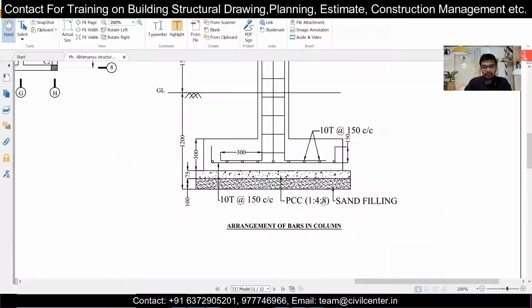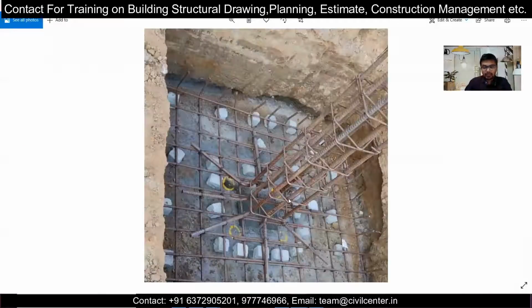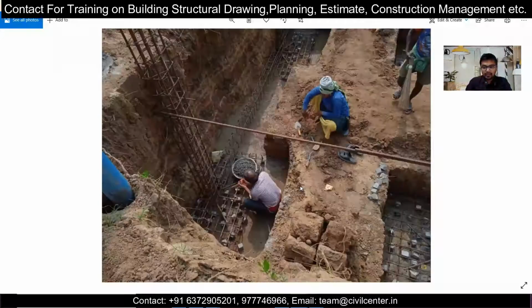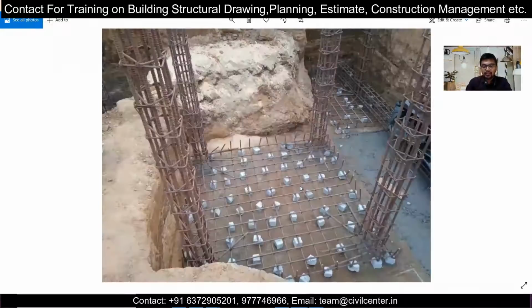So what else do we have? Okay, these are the things. And the 100 mm PCC and sand filling we have already shown. And this is the depth of the footing. So this depth is the depth of the concrete. What should be the depth of the concrete for our footing? This depth picture also, I'll show you after the footing has been casted, the total depth of the footing. So this is the casting process.